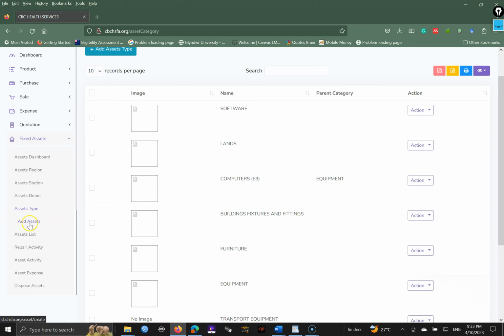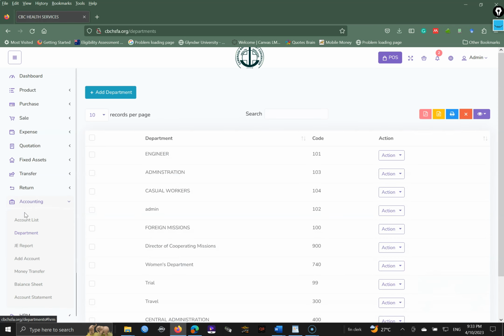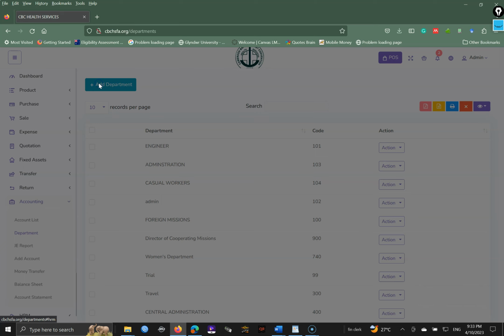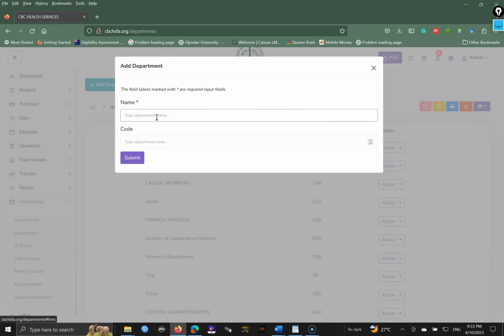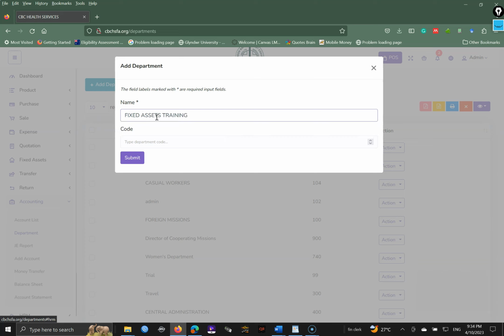Now let's go to add, and no, before we go to that, let's look at departments. You have to go to accounting, and then you have to take department. The reason is because here at the CBC we operate different departments. So you simply just need to click on add department. You put the name of the department, let's say fixed assets training, and then the department code. Let's say the department code is